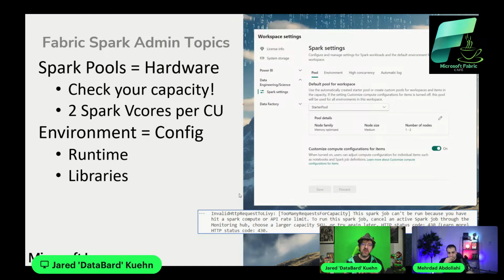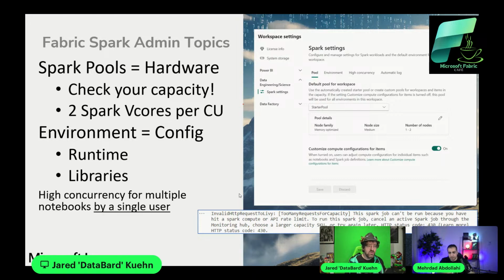Also consider talking about libraries. Fabric is going to have a number of libraries installed by default, but they may not have every library that you're looking for. If that's the case, that doesn't mean you don't get to use them at all. What that means is you want to talk to your Fabric admin about what libraries you want to get included. They can then help create environments for you that will have that library available, so you don't have to keep pip install, pip install, pip install again and again. Kind of a nice feature to have there.